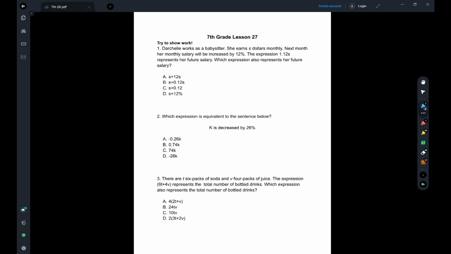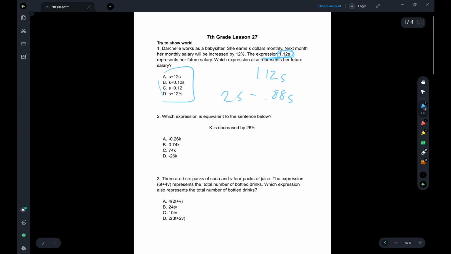So, there are many similar problems to this in the previous lessons. Essentially what you have to do is find an expression that looks like this. So 1.12S could be anything, like 2S minus 0.88S or something like that. But now you have a set of options here, and the thing that would be the most similar to it, or that is equal to this, would be